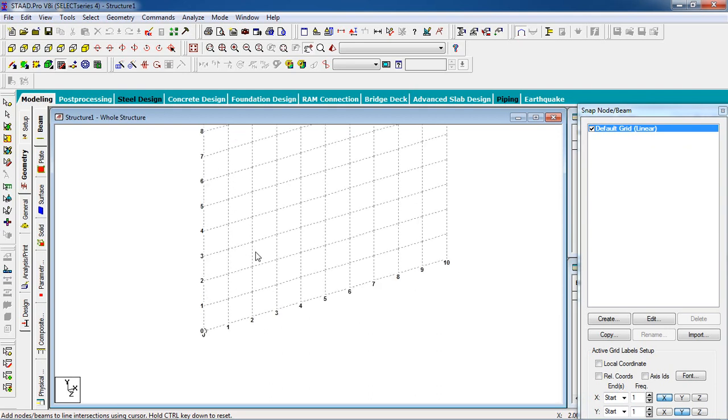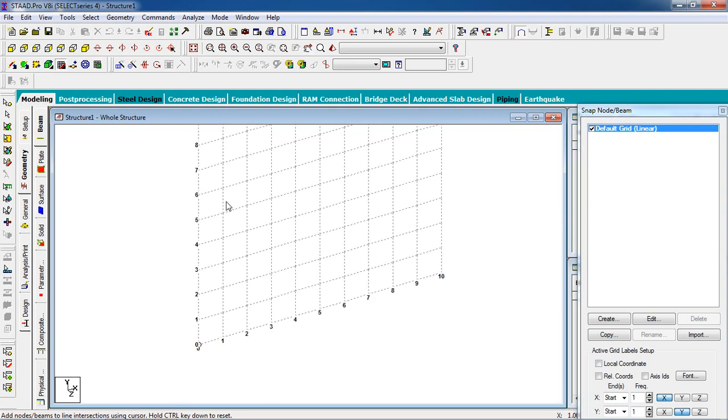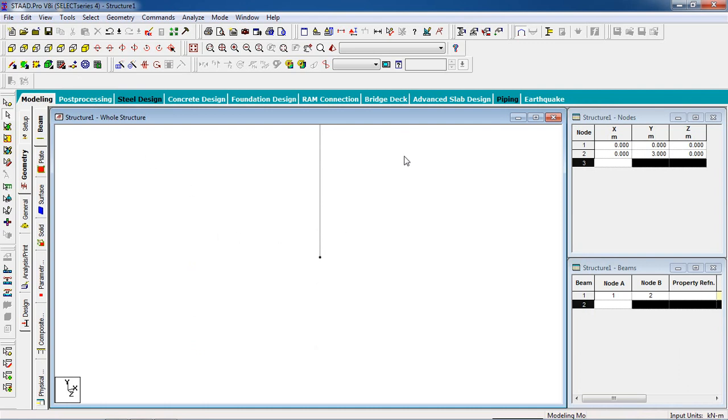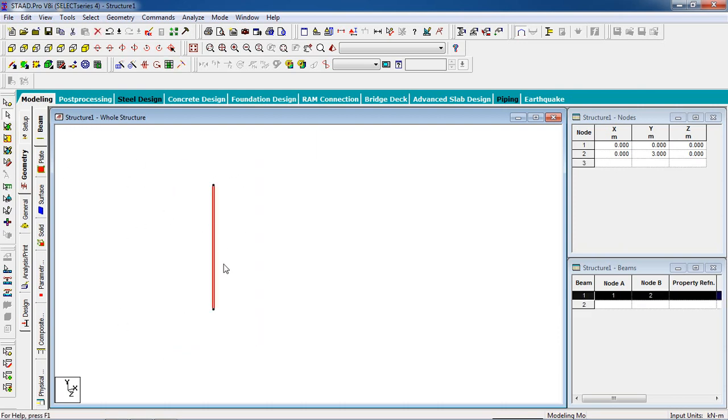So I am going to create a beam. The height will be 3 meters, as a room. This 0 to 1 distance is 1 meter, so I am going to create a 3 meter beam. Click on the 0 and click on the 3. Then switch off the snap node, or you can create a node first, as I'm going to show you. Delete all the things,